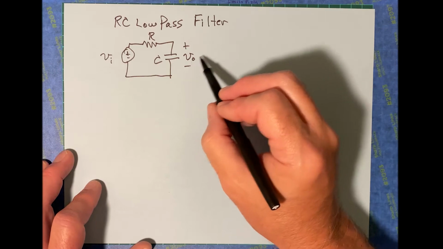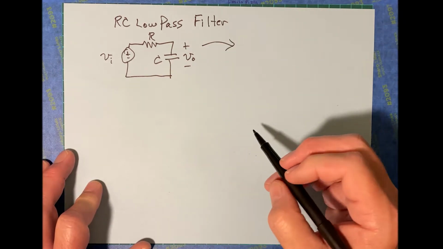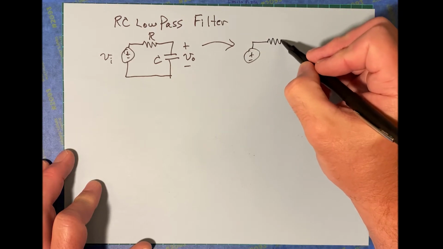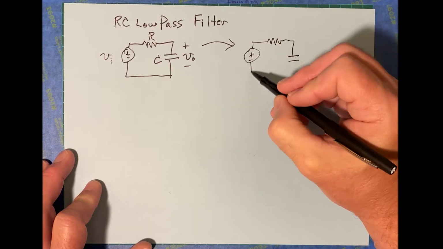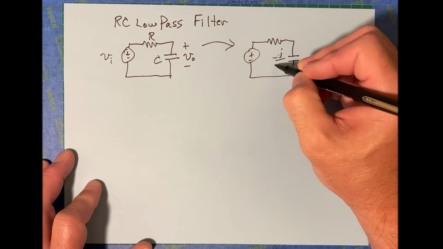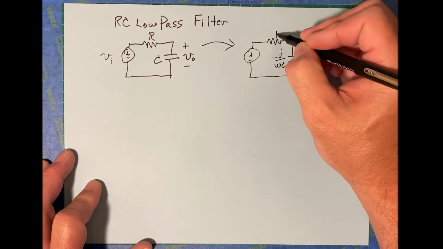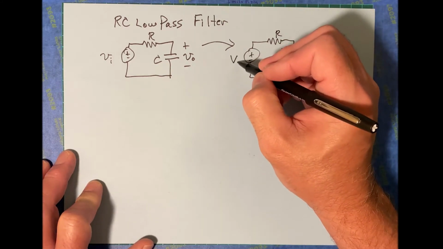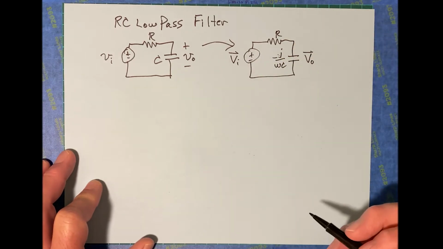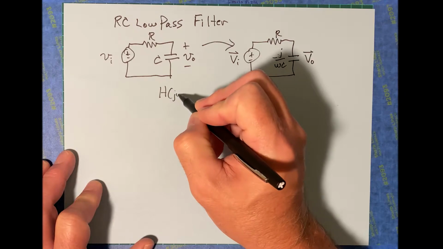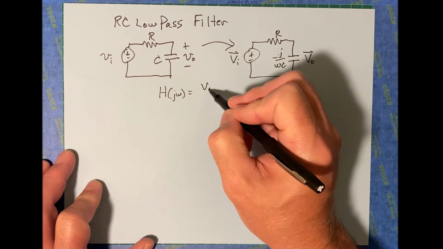All right, let's transform this into the frequency domain. When we do that, this becomes minus j over omega C. This is still R. This is our phasor V output, and this is our phasor V input. Like that. The transfer function then is going to be H(j omega) equals